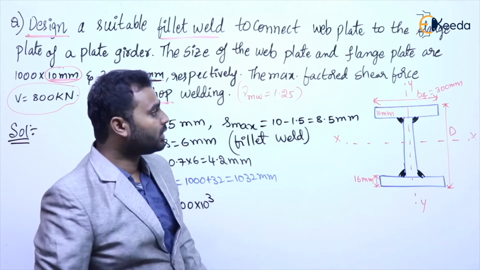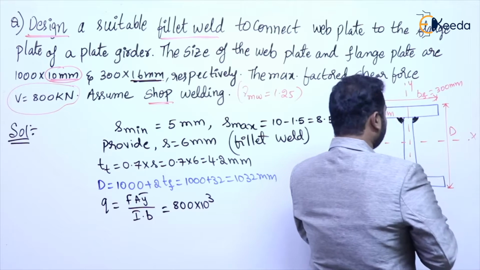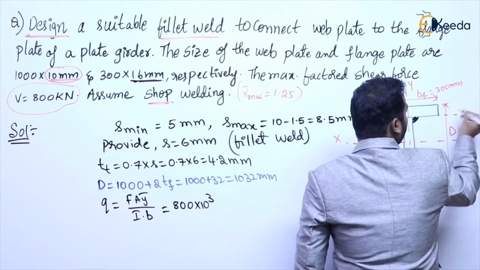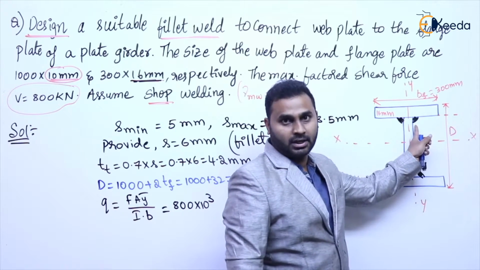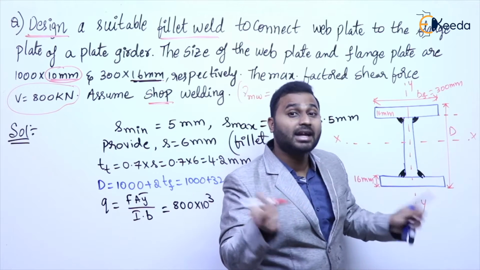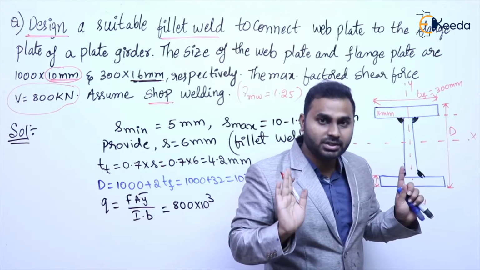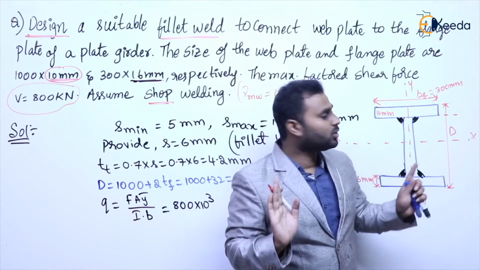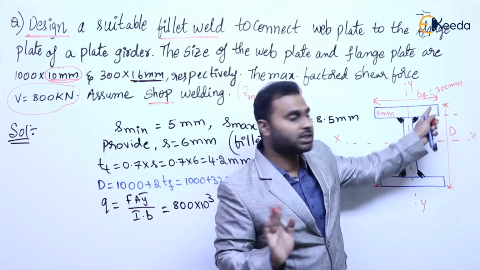Now here, what is our point of interest? This is our point of interest. Clear? It means at this location we need to find the shear stress. Why? Because at this location only the weld is there. If we find the shear stress in that cross section at this location, then that shear stress is the shear stress in the fillet weld. So our point of interest is this one. Now the extreme fiber is this.